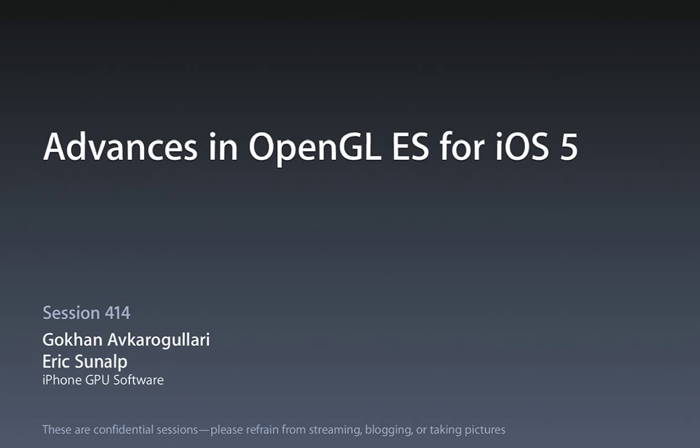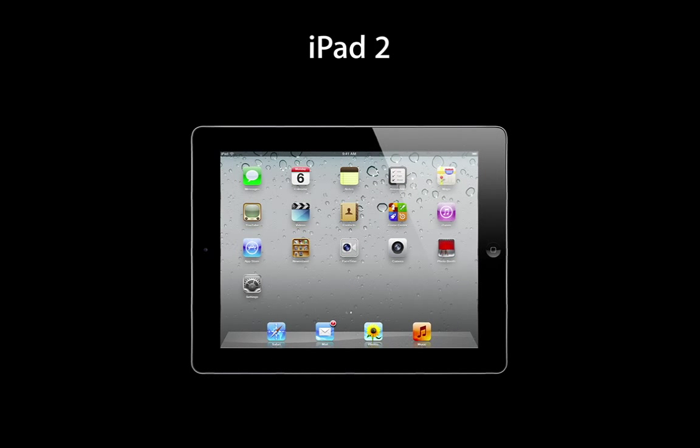2 years ago, we made OpenGL available on the iOS platform. Last year, we did it with MSAA, discard, depth textures, and such. But sometimes releasing new hardware makes things possible. And this year, we released iPad 2. And with iPad 2, you get a lot more graphics horsepower, a lot of CPU horsepower, and a lot more memory bandwidth, which enables you to do new things or do all things in a